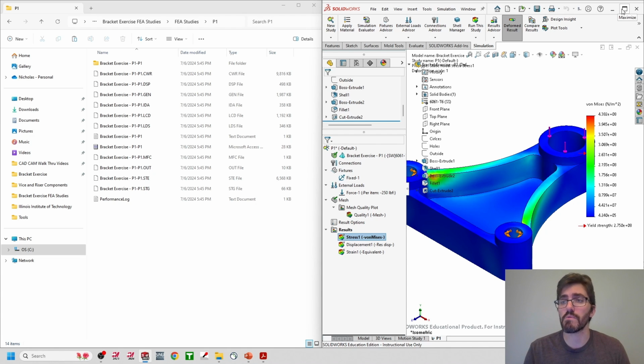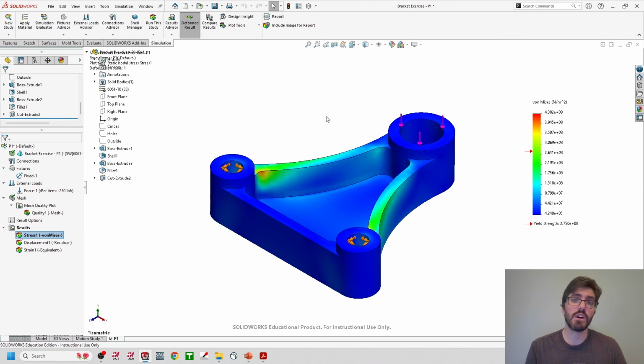That's exactly the result that we want to see. So I'm going to maximize this window and return back here to the static study itself. At first glance, this looks pretty good. We see a whole lot of blue on this, which is telling us that there's not a lot of stress or strain being applied to those areas, or maybe our part is stiff enough or strong enough to withstand